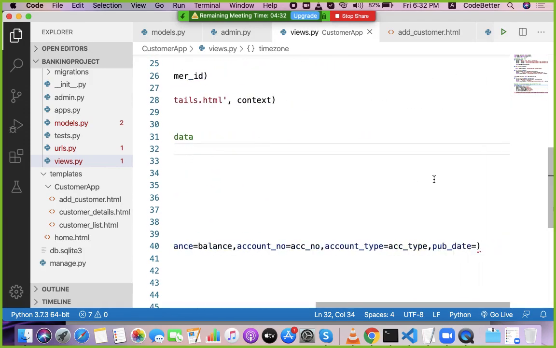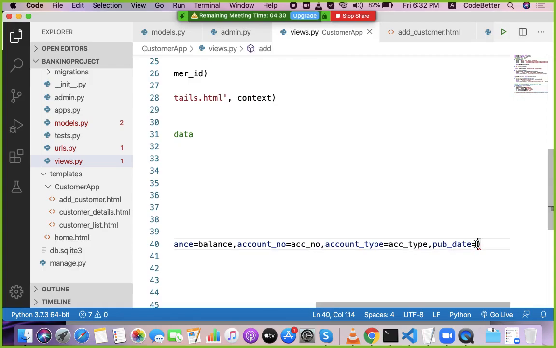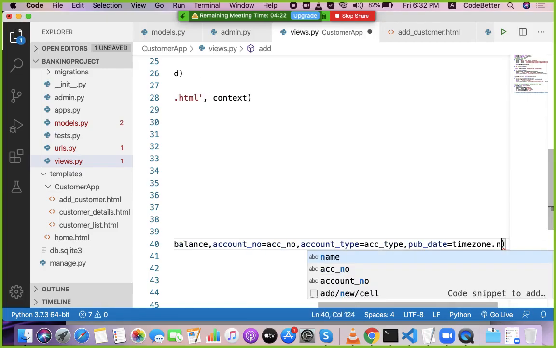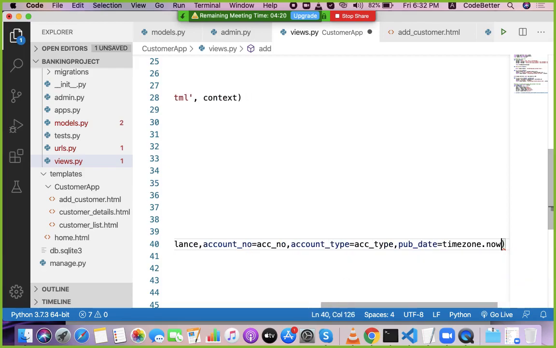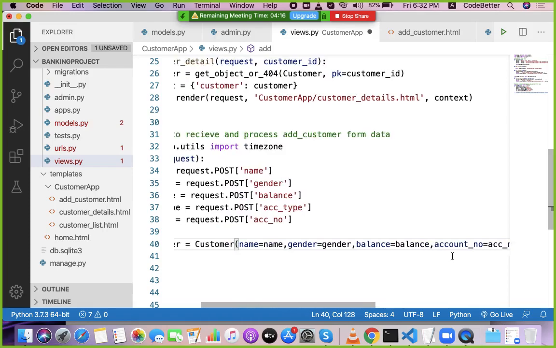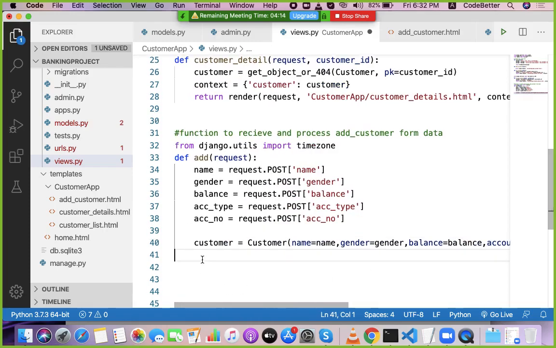So we can assign timezone.now to this publication date. So this is how we created the customer.